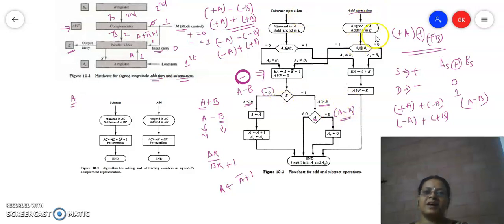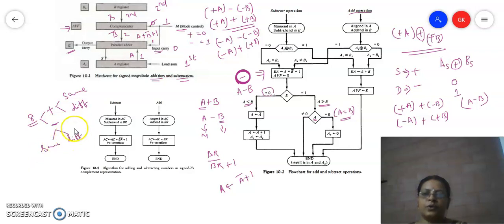We have two pathways, addition and subtraction. So we will always do addition if the signs are same. In subtraction operation, if the signs are different, then you will do addition. I think that's what we have discussed in the previous table. So we have 8 possible cases. Addition operation, subtraction operation, and in case of addition operation, we can have the same signs, or we can have different signs. And similarly, in the subtraction operation also, we can have same signs and different signs.